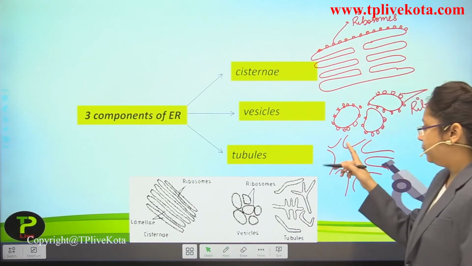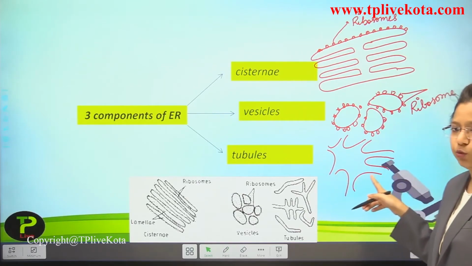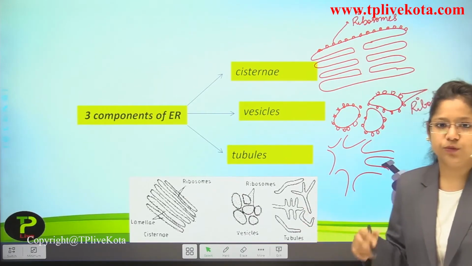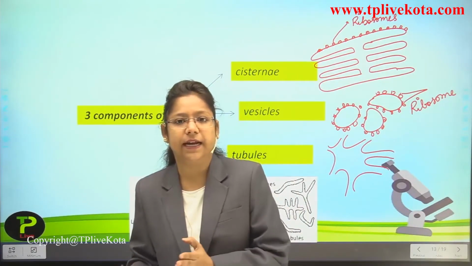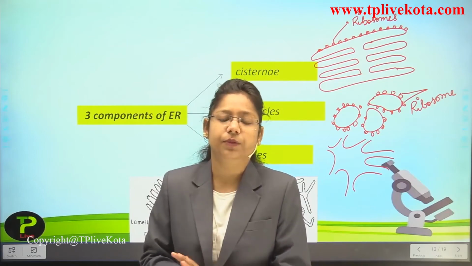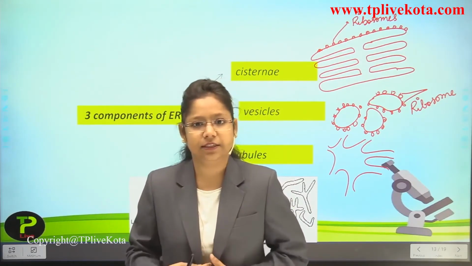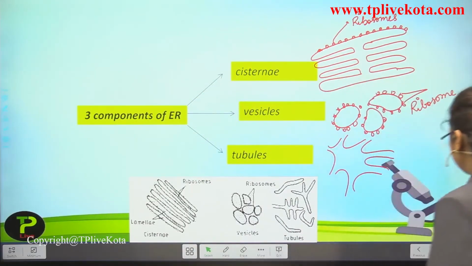Okay, so you can see the surface over here, it is smooth, meaning they do not have ribosomes. So smooth and rough means this only. If ribosomes are embedded, then they are categorized as rough, and if they are not present, then it is categorized as smooth. Okay. Now